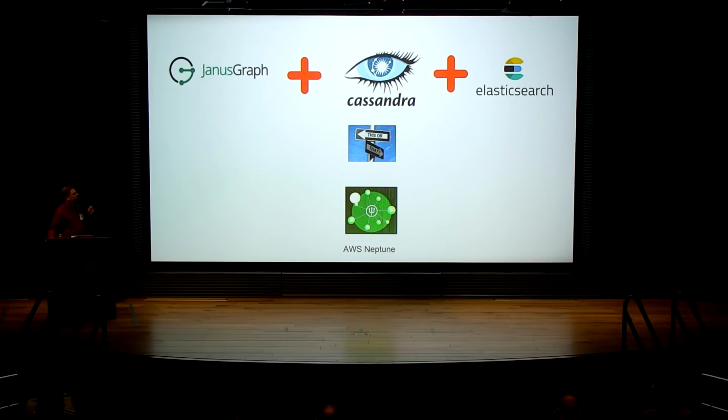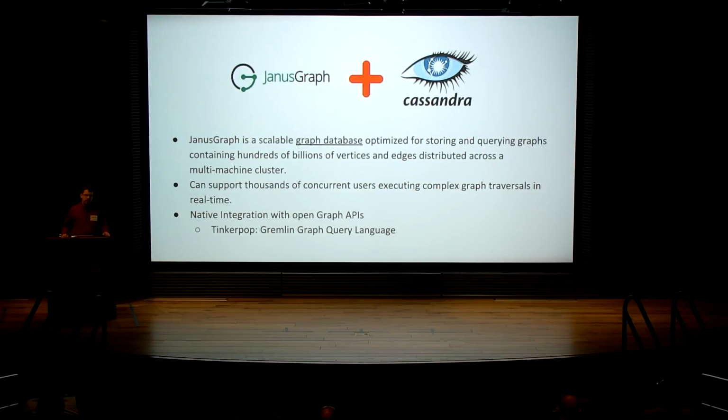So what we did is we integrated Janus Graph with Cassandra and Elasticsearch. The integration is already open source available, but we did the hooks inside Netflix and we made it work for us. So Janus Graph, in summary, is a highly scalable graph database which is able to store fairly advanced graphs, and you can query that.